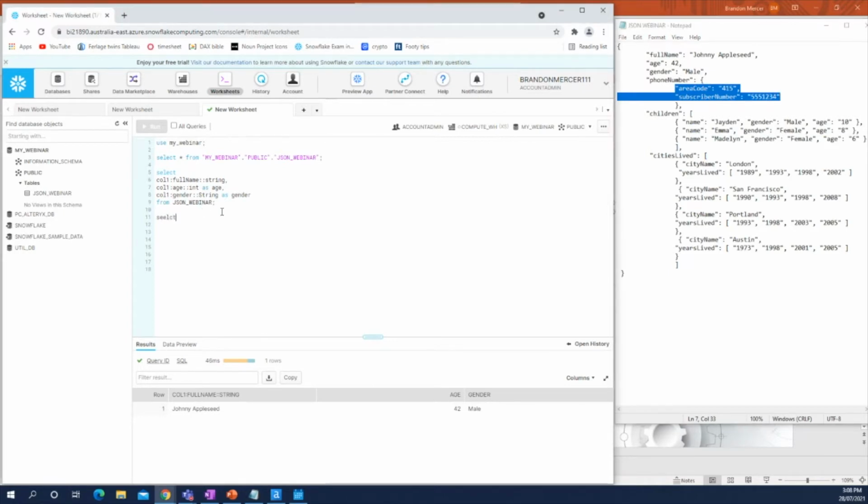So what we can do is select column 1 phone number. Be aware of case sensitive functions within Snowflake. And then to get our object within an object, it's quite simple. It's just a full stop, and then we can specify, okay, we want to take the area code. Again, we might want to format this as a string, as